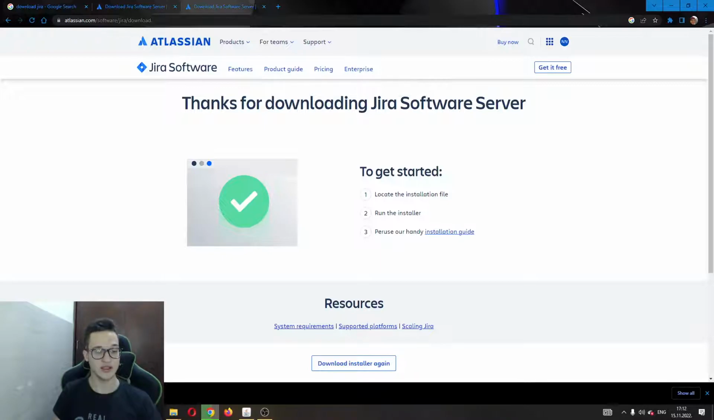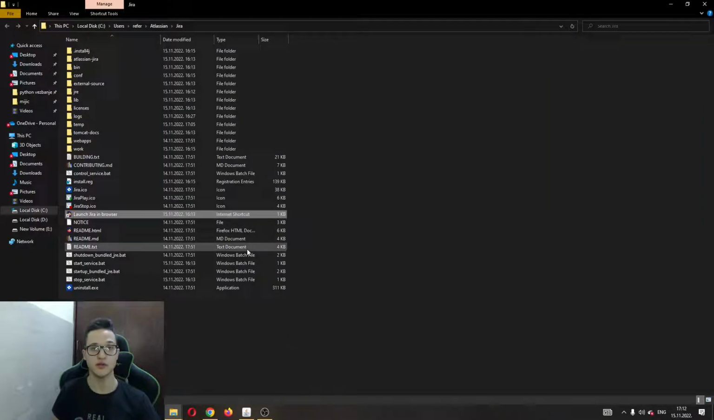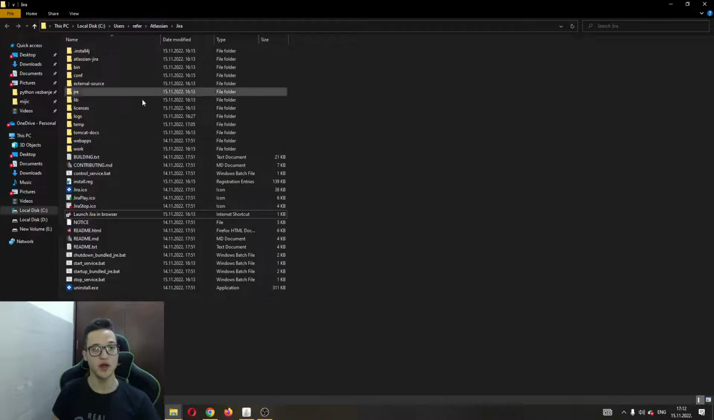After the download has finished, you want to go ahead and click on install of Jira. Just follow the steps. It is very easy. Just click next, and after doing that, guys, you'll have a new folder installed on your computer where you installed Jira, which is called Jira. You want to enter this folder, and to start up your Jira server, you want to open up this